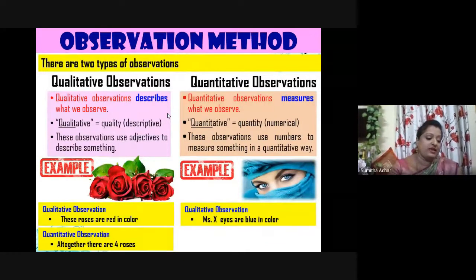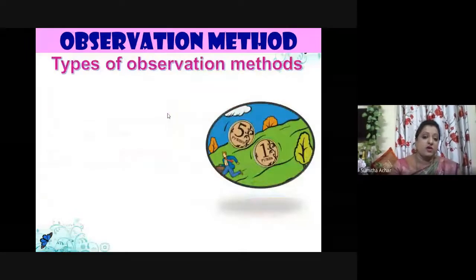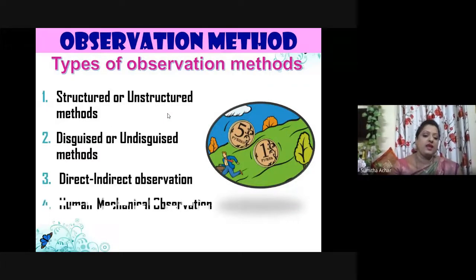Tell me, what are quantitative observations? Two eyes, yes, right? The lady having two eyes is a quantitative observation. Okay, so there are methods for collecting the observations. I'm not going into detail again. Nose you could see? Okay, that's an assumption. She will be having one nose, right? Anyways, the types of observation methods, I'm not going into detail again.